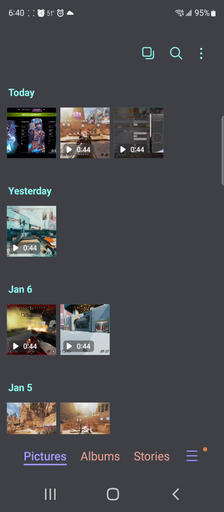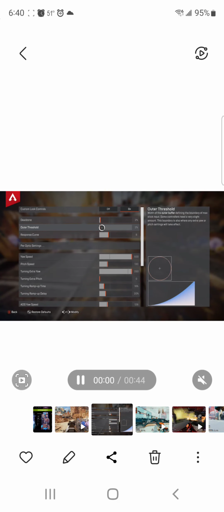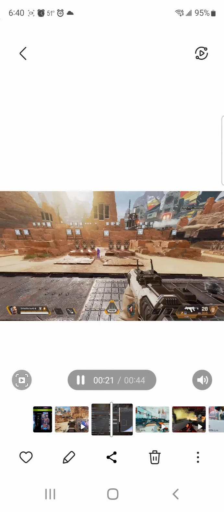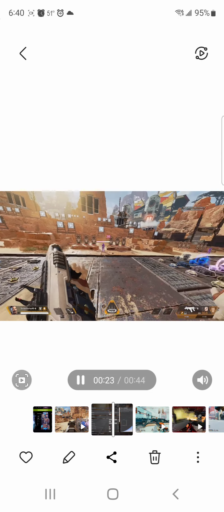So the first video we're going to go over this, and as always, I'm going to post this again in a bigger screen so you can see better what's going on in here. But right here, what you see me doing is the ALC settings. They have the orange line. The orange line can be